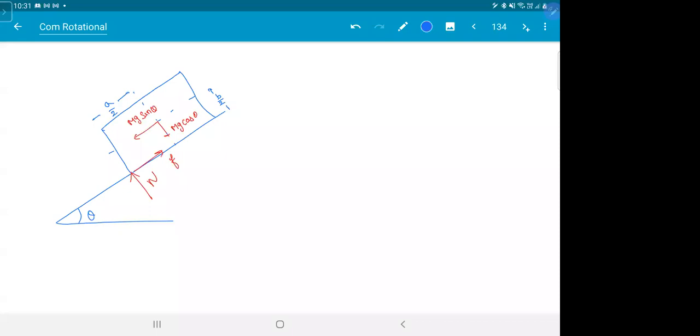So first thing, you want to slip. For slipping, mg sin theta should be greater than f max. Agreed? Which is mu mg cos theta. This will end in friction, angle of repose. So if tan theta is greater than mu, or mu is less than tan theta, you will slip.